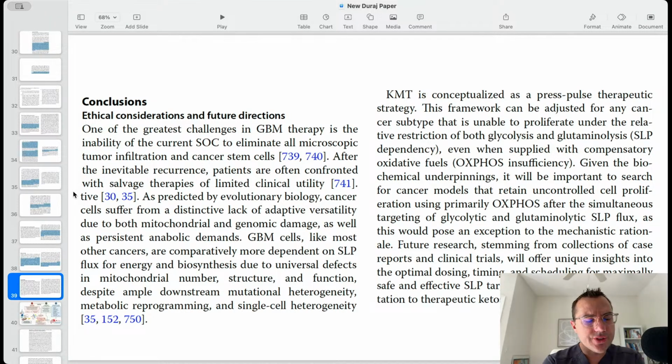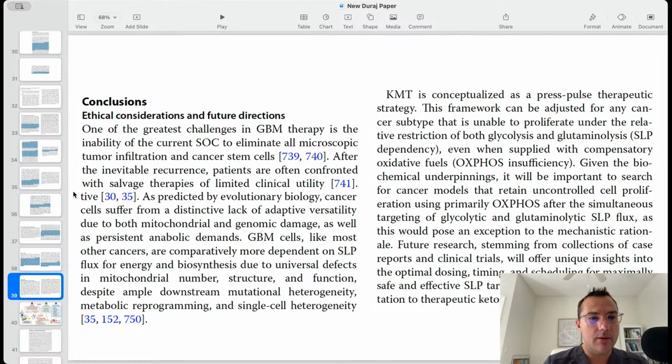And here's a conclusion. So, ethical considerations and future direction. One of the greatest challenges in GBM, or glioblastoma multiforme, therapy is the inability of the current standard of care to eliminate all microscopic tumor infiltration and cancer stem cells. After the inevitable recurrence, patients are often confronted with salvage therapies of limited clinical utility. As predicted